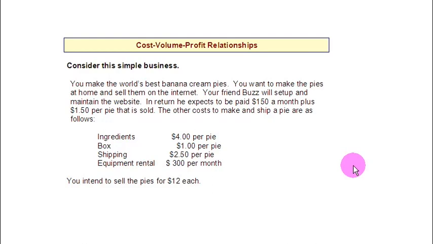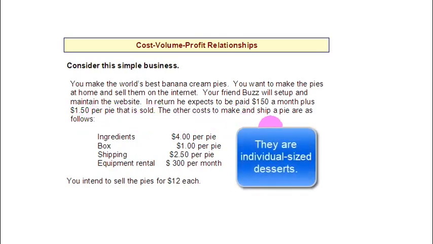The story here is all about banana cream pies. You're going to be baking these banana cream pies at home, and you want to sell and distribute them over the internet to save costs. So you've hired your best friend Buzz, and Buzz is going to set up this website for you, and you're going to pay Buzz $150 a month, plus you've agreed to pay Buzz some amount based on volume. So you're also going to pay him $1.50 per pie that you sell,